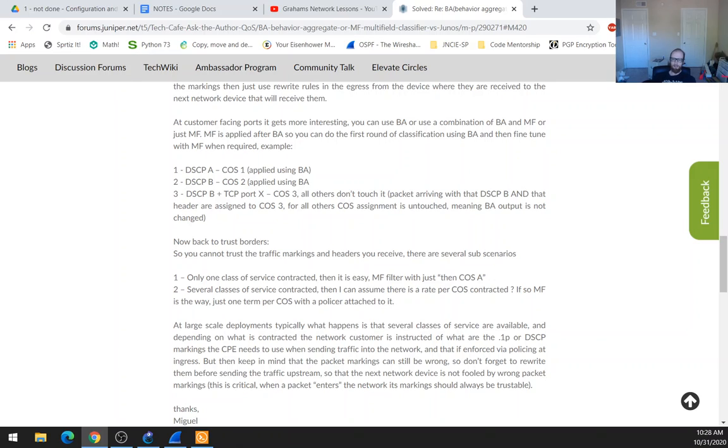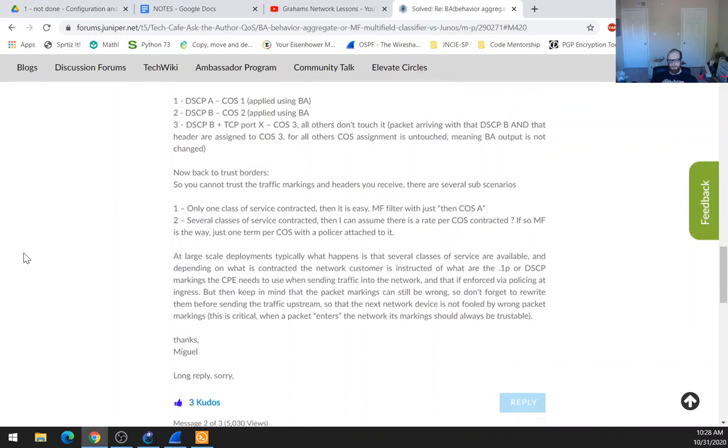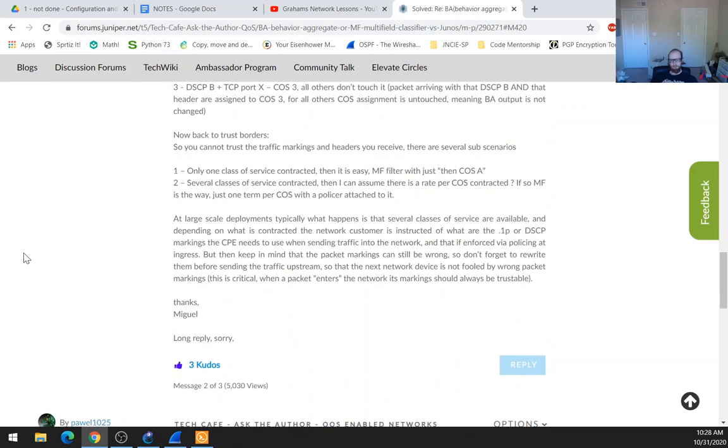Several classes of traffic contracted. Then I can assume there is a rate per CoS contracted. If so, MF is the way, just one term per CoS with a policer attached to it. At large-scale deployments, typically what happens is that several classes of service are available, and depending on what is contracted,